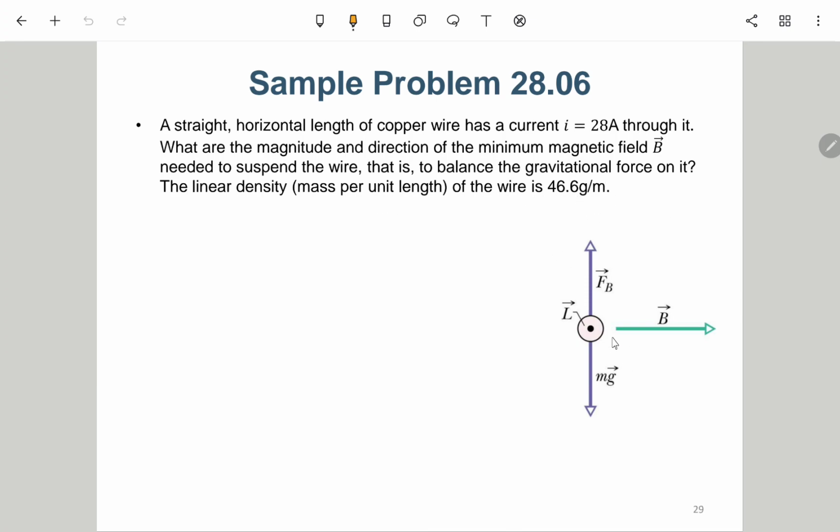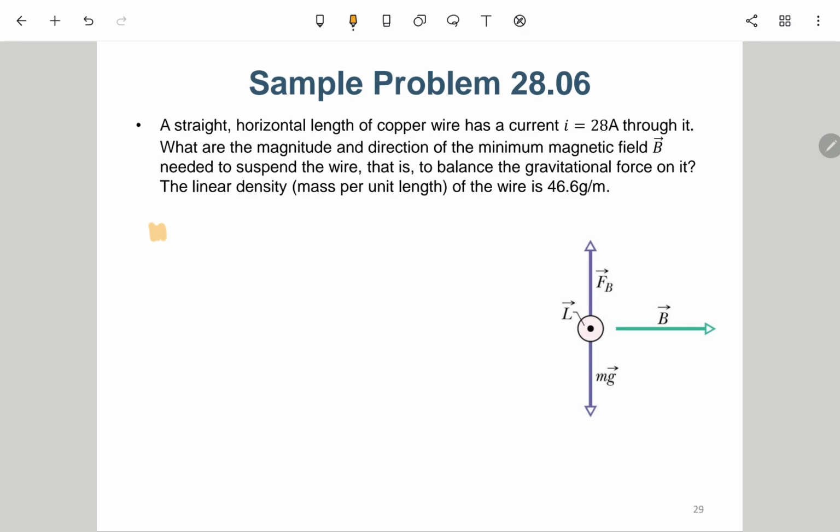Okay, so actually this is the wire, and then of course the current is going out of the page. Just follow the direction of L, and then we have a gravitational force mg pointing downward. So it asks you to have F_B cancel this mg, which means that